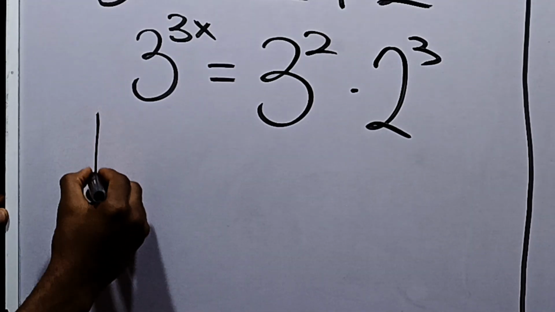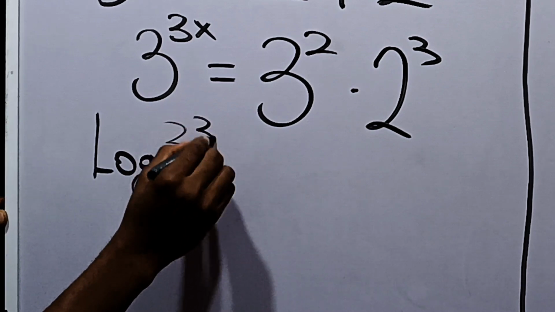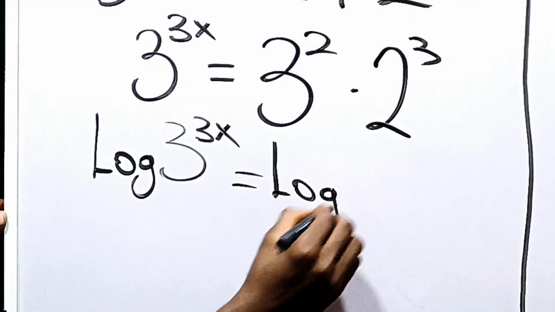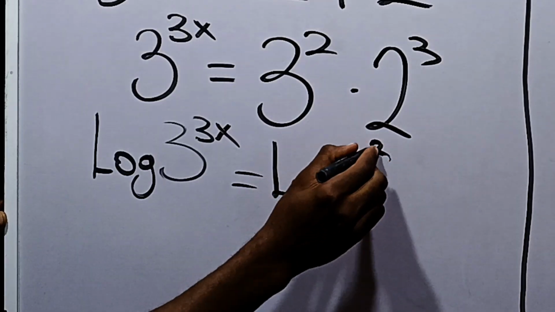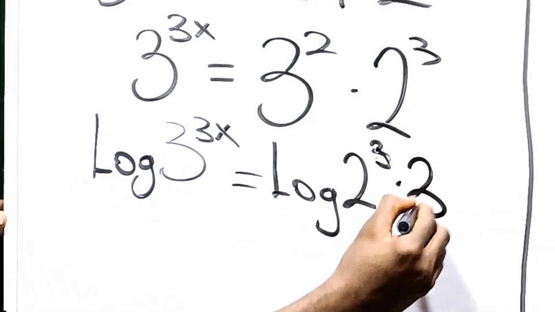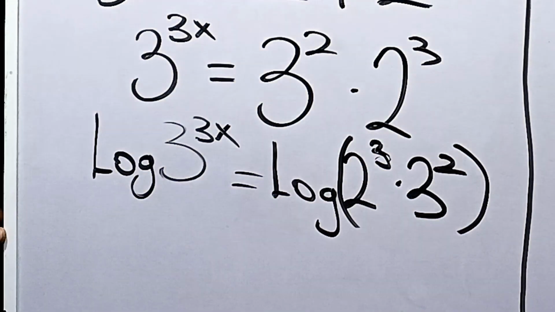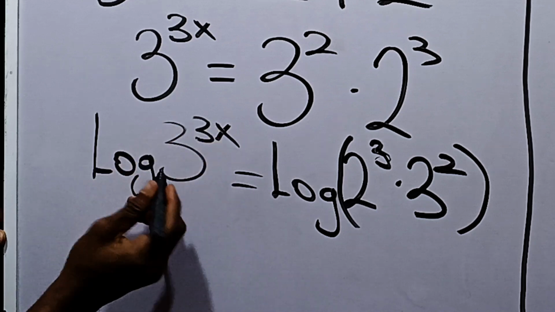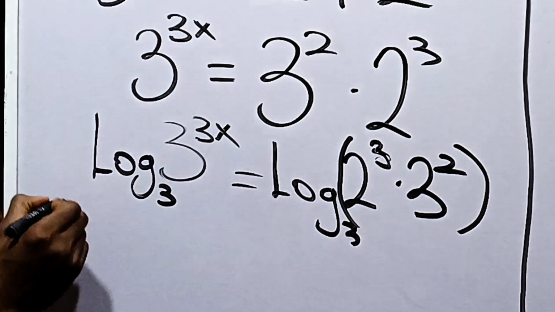So we have the logarithm of 3 raised to power 3x is equal to the logarithm of 3 squared times 2 cubed, okay? Now, moving on from here, you can say that this logarithm we are taking, let's say logarithm in the base of number carrying x. Number carrying x is 3, so we take logarithm in base 3 of both sides. From here, we now have